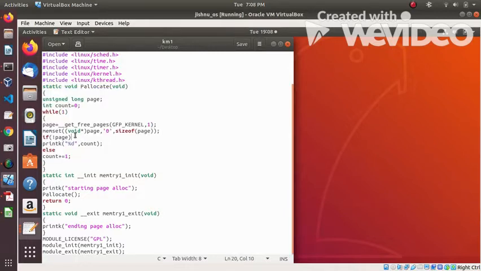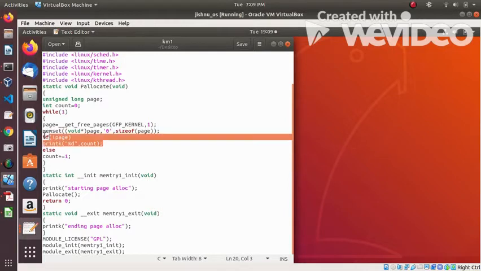Here the page is allocated to this page variable, and here, if not page, so basically if the page is not allocated, we print our count. If the page is allocated, we go into the else part and increment our count.